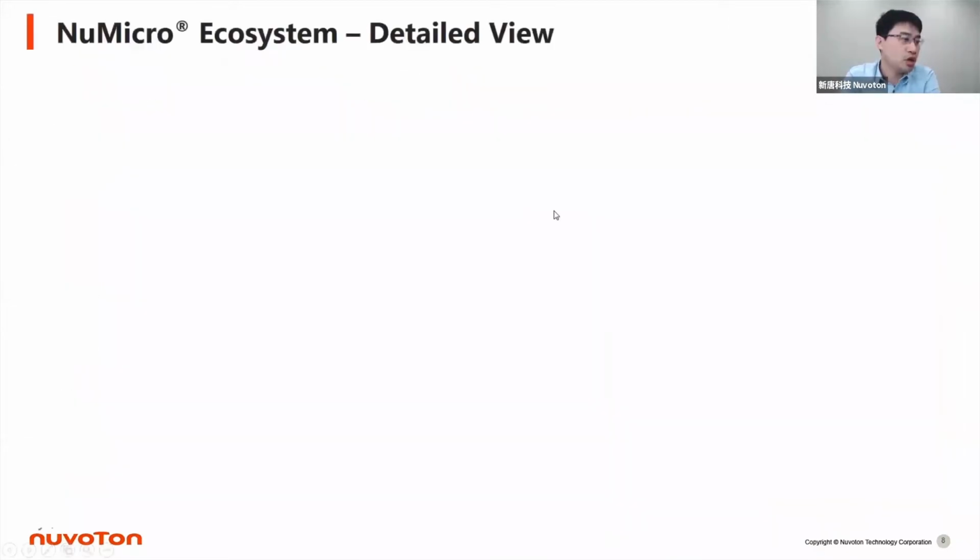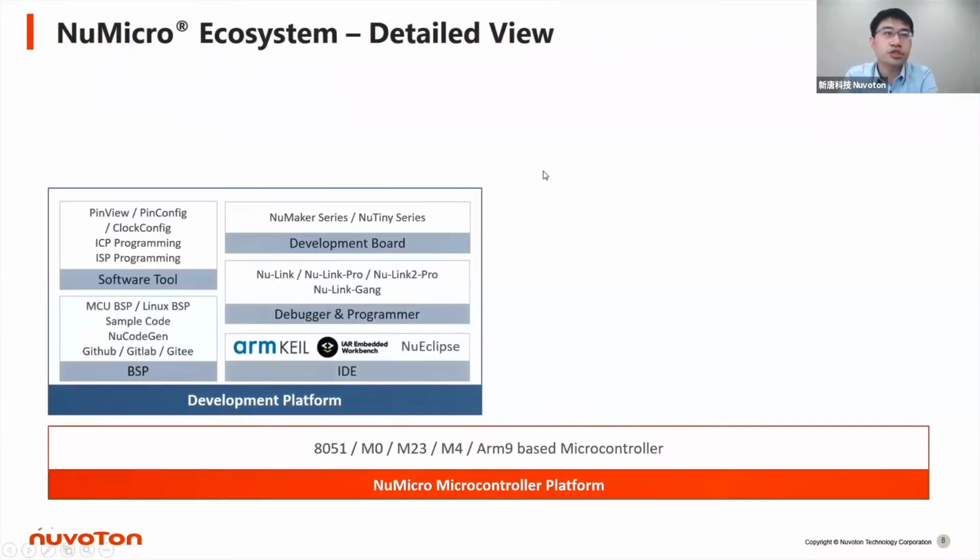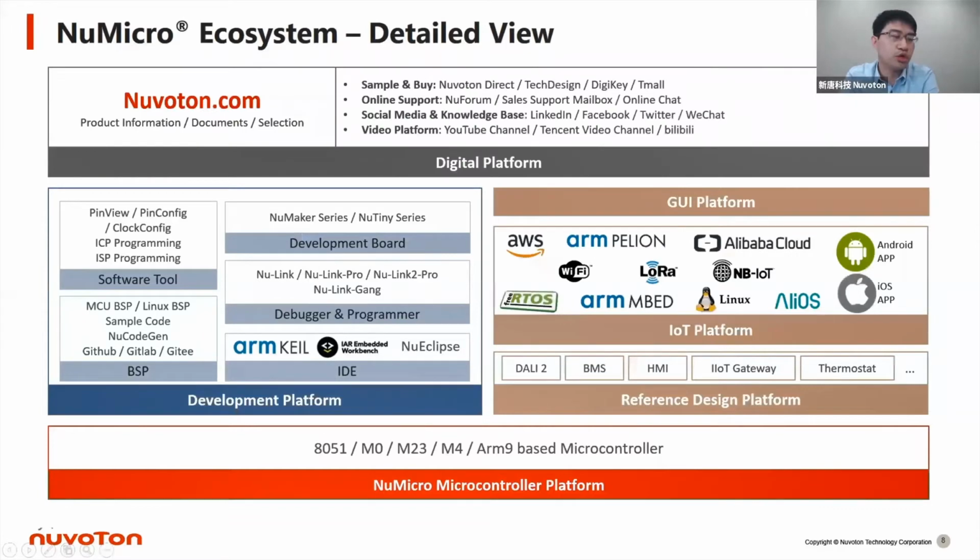Okay, so this slide shows our ecosystem. We just talked about the microcontroller cores of Nuvoton, but for the microcontroller, the development ecosystem is the most important one. So Nuvoton provides a rich portfolio of microcontrollers based on 8-bit and M0, M23, M4, and ARM9. Based on these microcontrollers, Nuvoton provides a device driver library, BSP, and a bunch of easy-to-start sample code. We have many libraries and software tools to support you